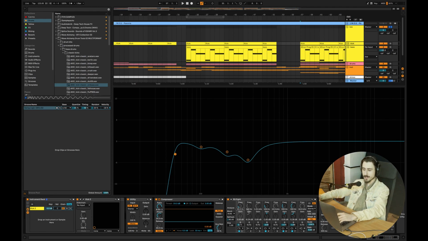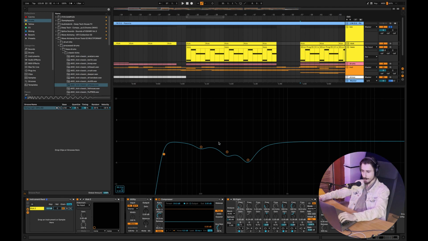But usually you don't need anything below 40 or 37 Hertz for your kick, because that place is taken by the bass. Usually the bass has lower frequencies, and we don't want the frequencies of our kick to clash with the frequencies of our bass. So make sure to